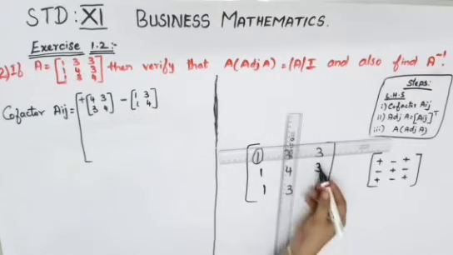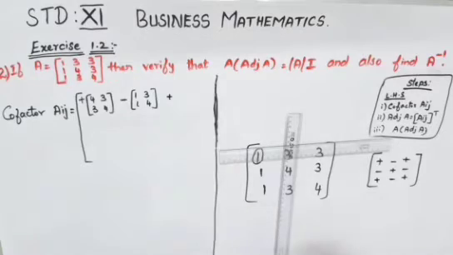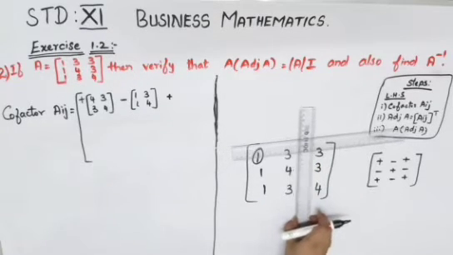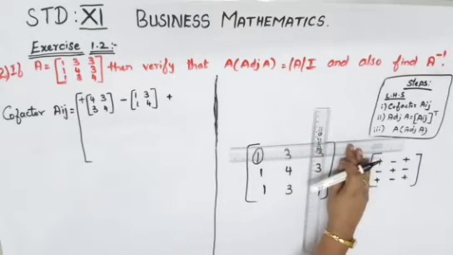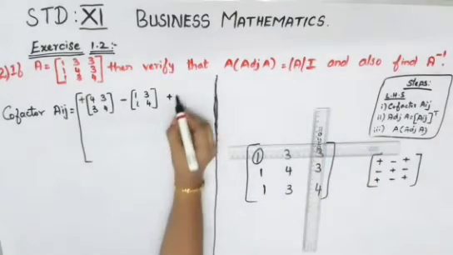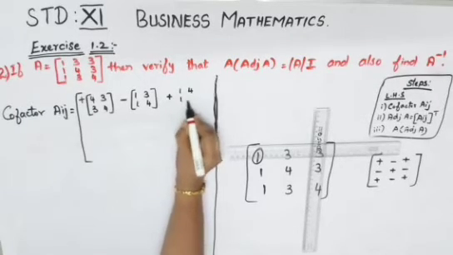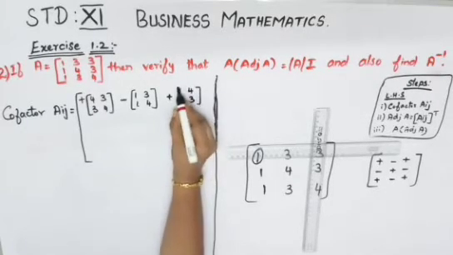Now your third element, it is 3. So the symbol is plus only. So the same row, only the column has to be moved. Okay, so the column we just move it. The row is there as it is. So keep the row as it is. So the left out is 1, 4, 1, 3. So this is the minor for your 3.